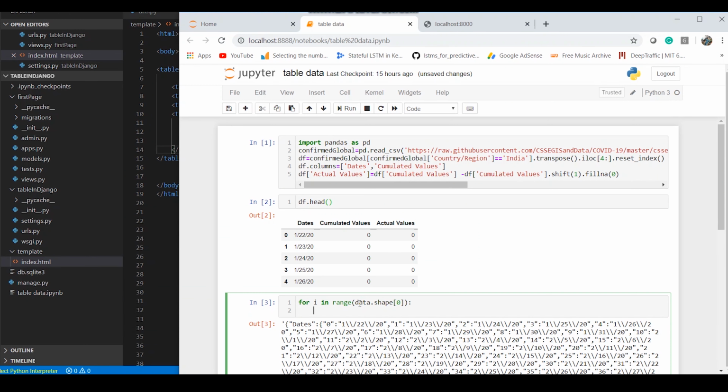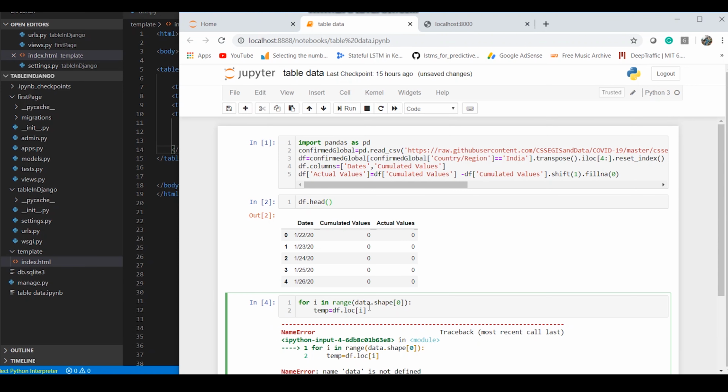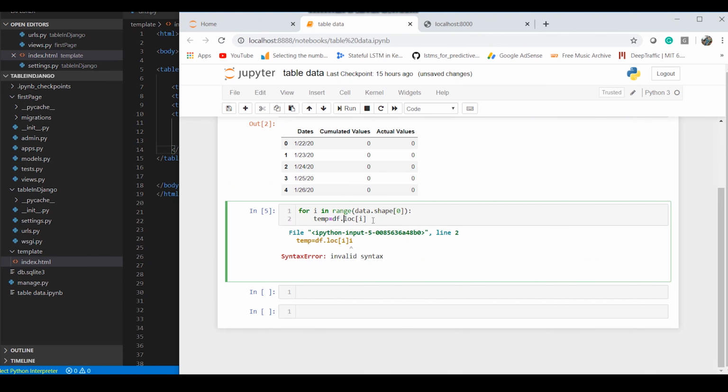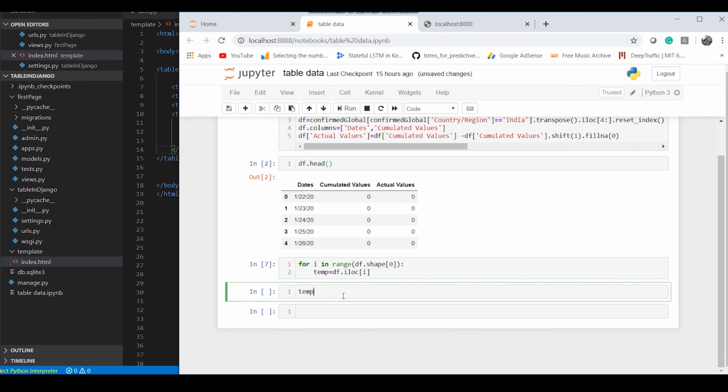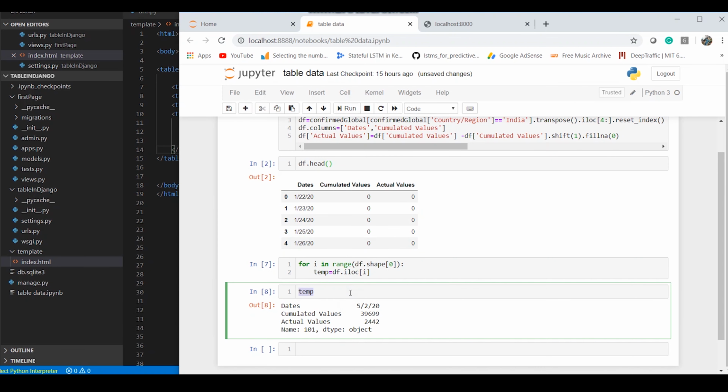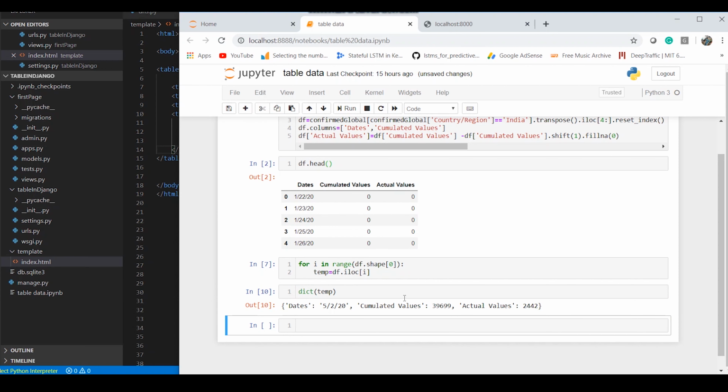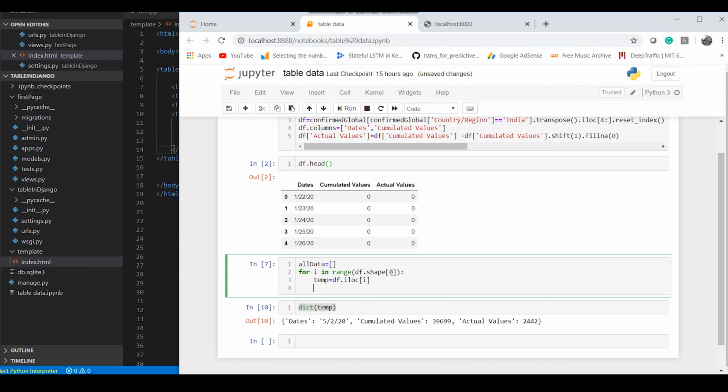So what I have to do is arrange it in another manner. I will look for my data frame's first index that will come from my i, and this particular data, let me just show you how it would look like. So now my temp would look like this. Now in here, if I just simply say dict, I will get my values. So now I will create an empty list and I will append all the values here. Dict.